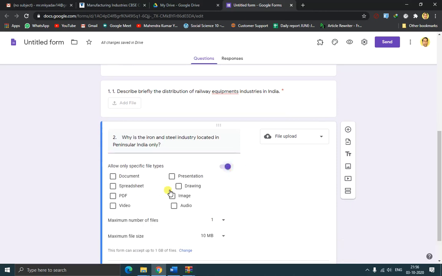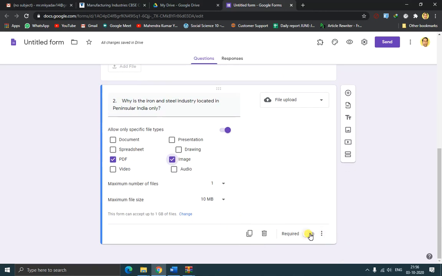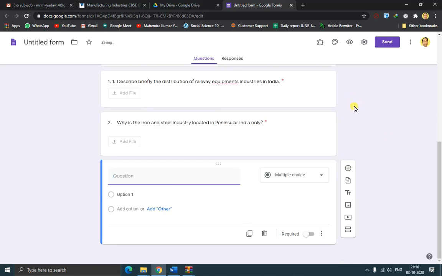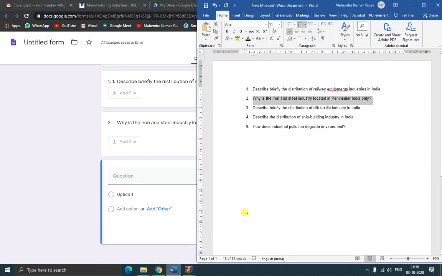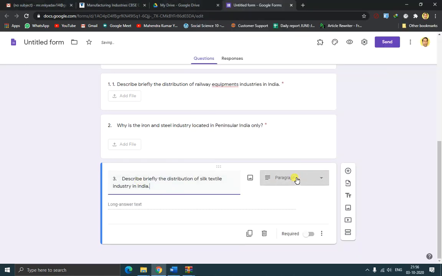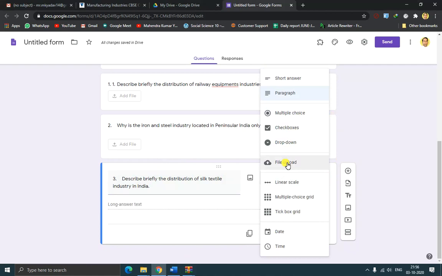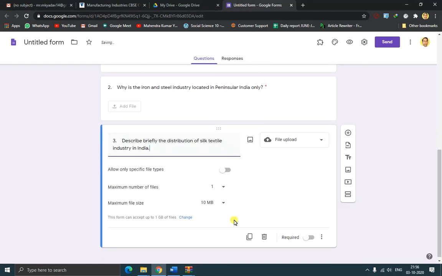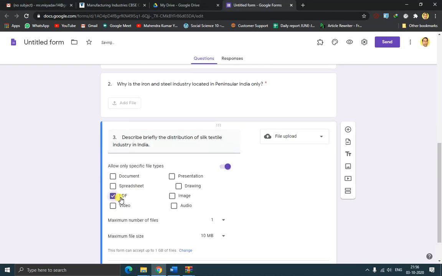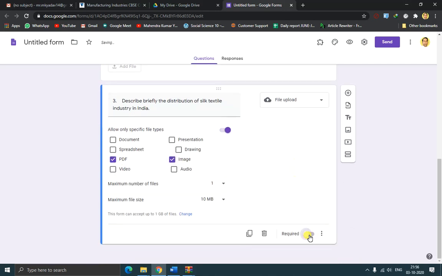Specific types, PDF and image. Required. Next question. Third question. File upload option. Types required, PDF and image. This is also required. See, I have not provided how many marks this question carries.